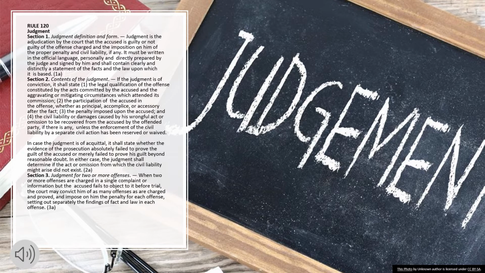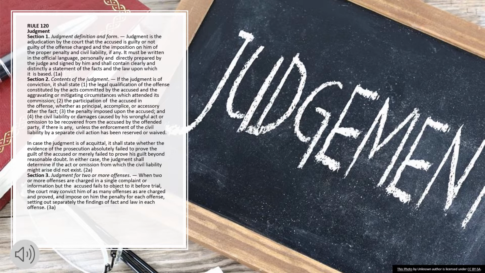Section 2. Contents of the judgment. If the judgment is of conviction, it shall state: 1. The legal qualification of the offence constituted by the acts committed by the accused and the aggravating or mitigating circumstances which attended its commission. 2. The participation of the accused in the offence, whether as principal, accomplice, or accessory after the fact. 3. The penalty imposed upon the accused, and 4. The civil liability or damages caused by his wrongful act or omission to be recovered from the accused by the offended party, if there is any, unless the enforcement of the civil liability by a separate civil action has been